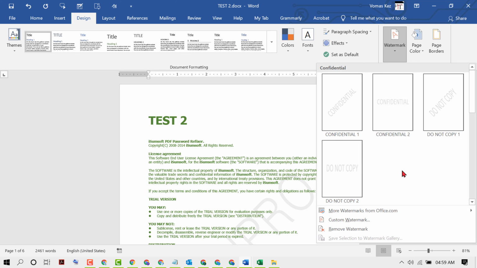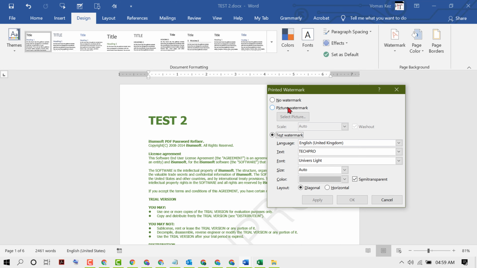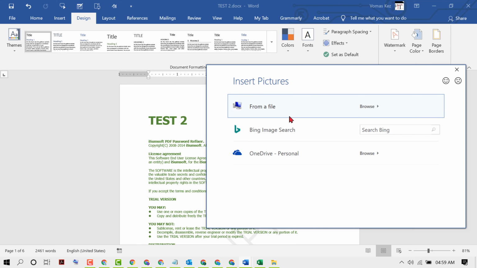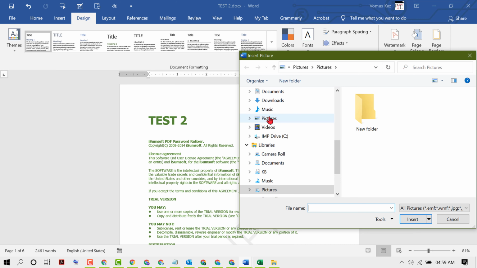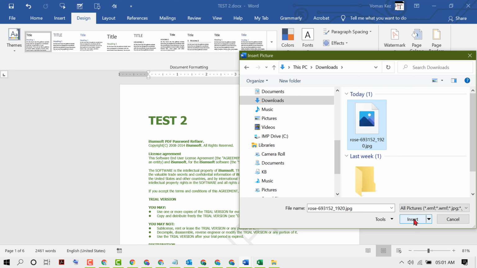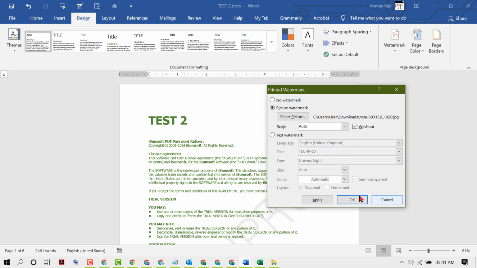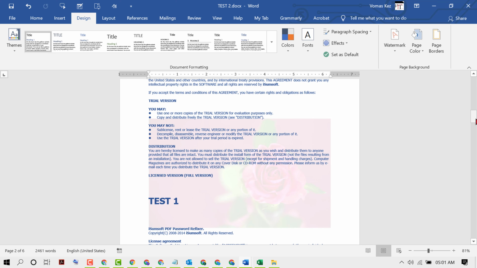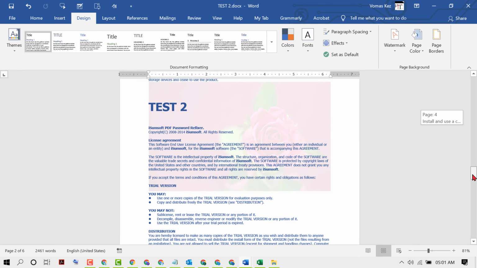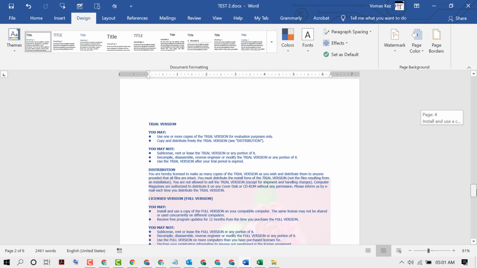If you want to set a picture as a watermark, then again click on Custom Watermark. Now select picture. Select your picture from your PC. Then click on insert. Click on apply. Then OK. So as we can see,